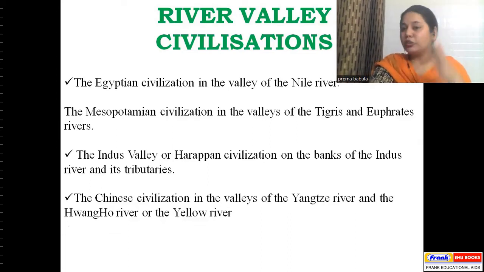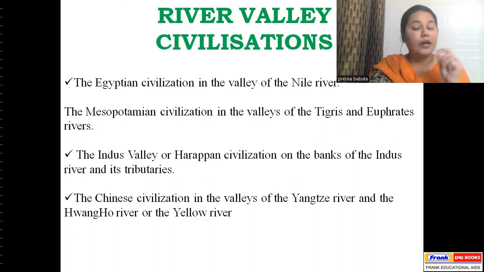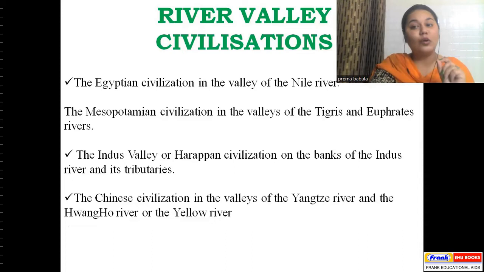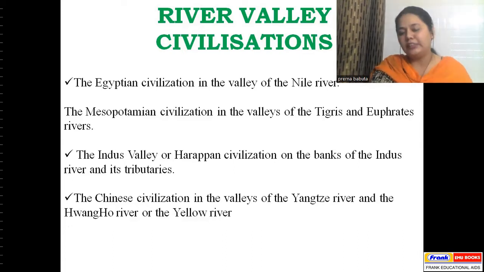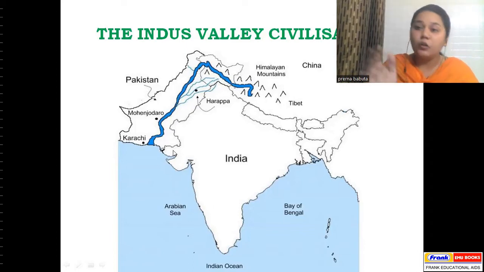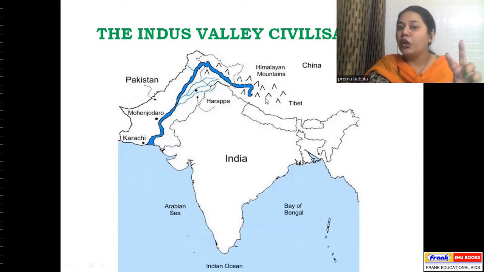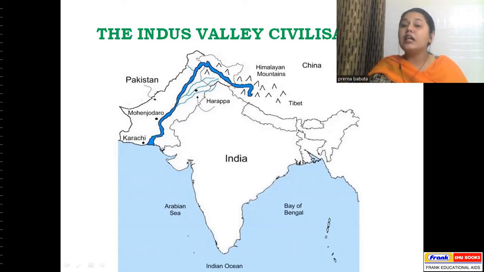And in today's class, as I already told you, we're going to be reading chapter number 3, which is about the Indus Valley Civilization, or it is also called the Harappan Civilization. Now you see, this is the flow of the river Indus, starting from the Himalayan mountains and moving towards Jammu and Kashmir, and then flowing down towards the areas of Pakistan and some of Gujarat. So it is flowing mainly towards the western side, emerging from the north and then moving towards the west. This is the flow of the river Indus.